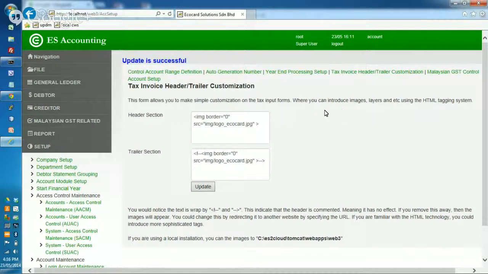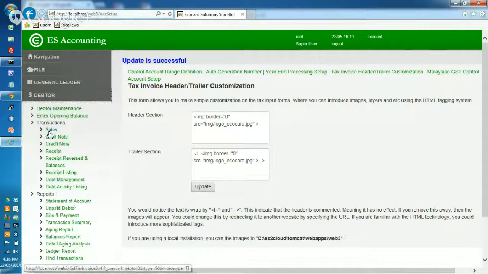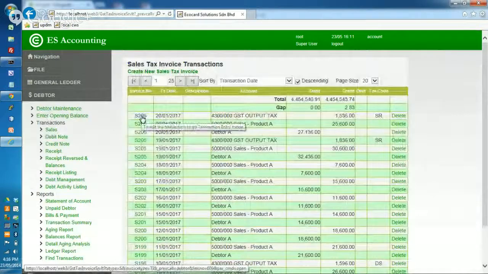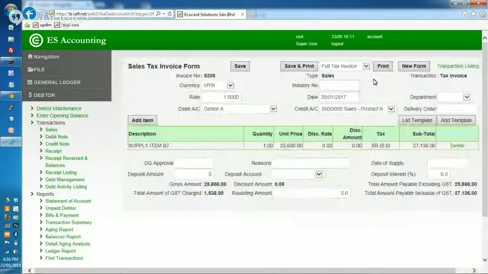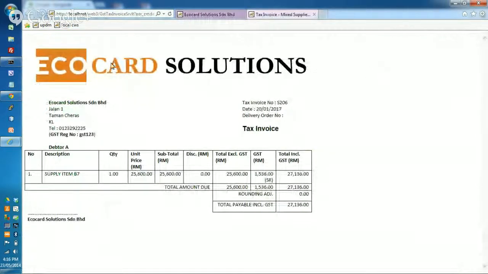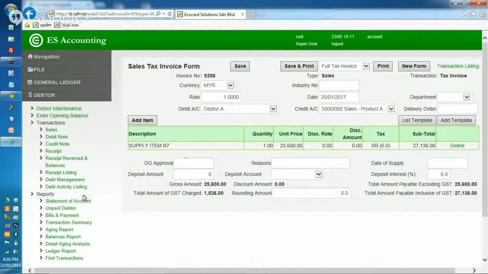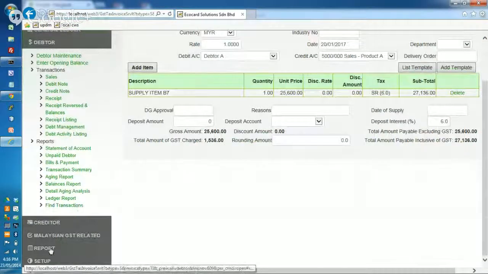Okay. So once I've updated, go back to my sales and click onto one of them and print. Now you see that this is our image that is residing in the server. So you can customize the way that you want it to be, any way that you want. All right. I don't want to retrieve an image from the website. What I'm going to do next is that I want to have some text instead of an image. So